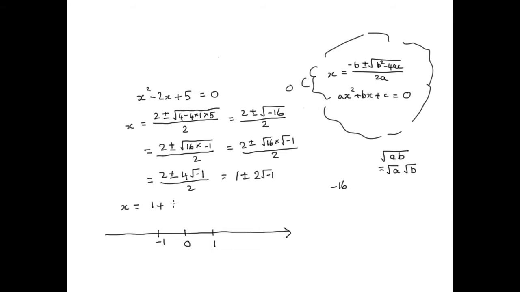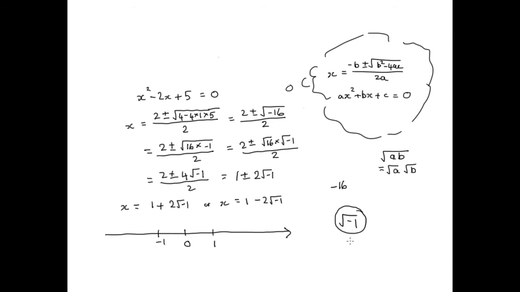1 plus twice the square root of minus 1, and 1 minus twice the square root of minus 1. And neither of these, whatever they are, is on this real number line. So we're faced with the dilemma of, yes, we can go further with this, provided we accept this